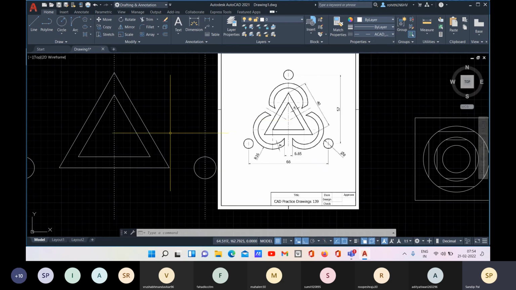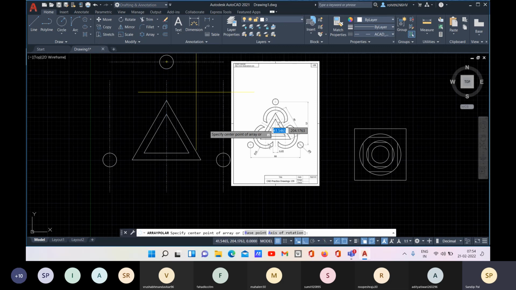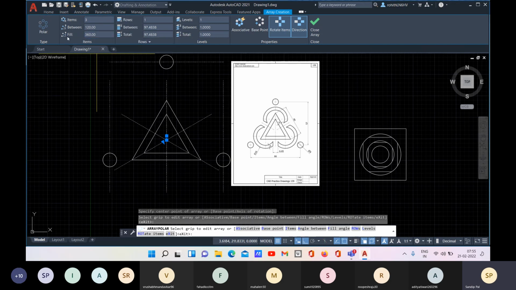And here also you need to create the center lines, right? So how you can create the center lines? Let me show you that first. So first we need to have these center lines so we can create better. So for that I will go with the polar array. So either you can choose the center or any midpoint of this line. So let's go with the center, and here you need to mention the number of duplicate objects. So I need 3, enter. And within the 360 angle, it will be filled. So the fill angle you have mentioned 360.